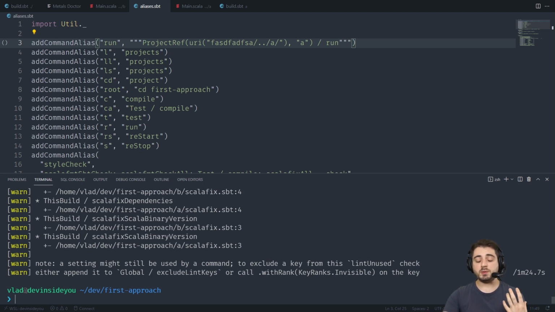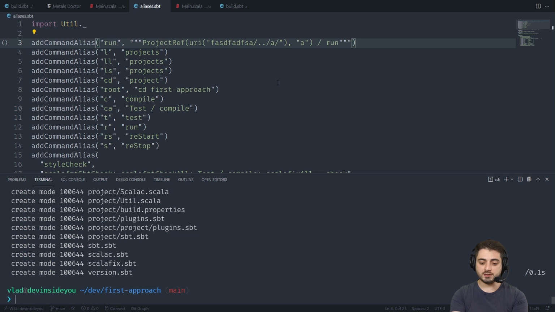All right, so at this point we have a working thingy, but it's annoying that SBT takes forever to load, and it's also annoying that we can't simply access our projects properly. We have to do this nonsense. So the second approach is more suited for mono repos. In fact, let's initialize a Git repository so that I can show you the change. This one actually requires minimal changes to your projects.